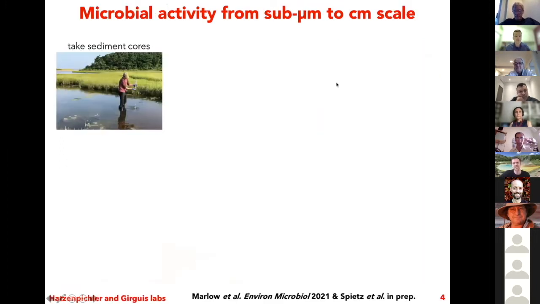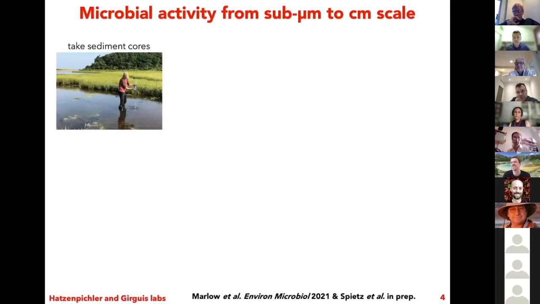And so in this work, we have been combining this with some sophisticated electron microscopy and EDX analysis to try to visualize microbial activity directly where they live. And our study site for this was Little Sippewissett Salt Marsh, which I think many of you know. This is a very long-studied